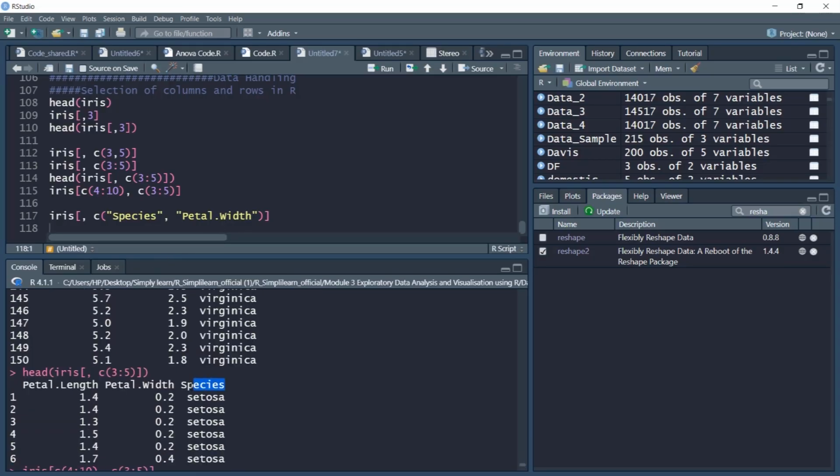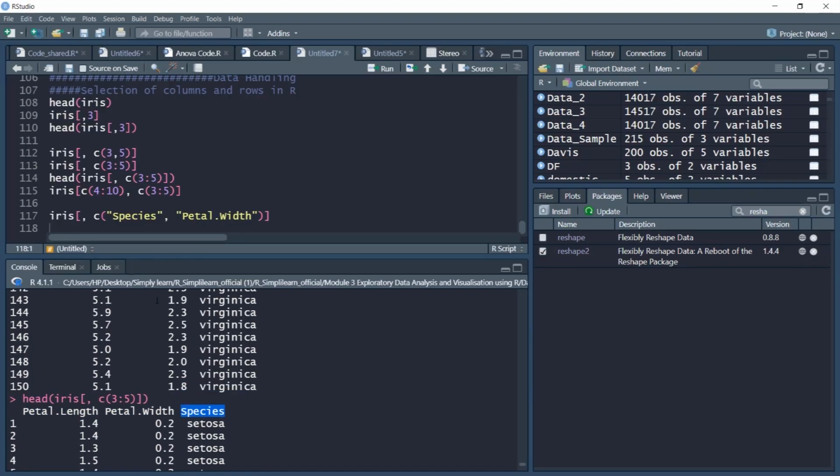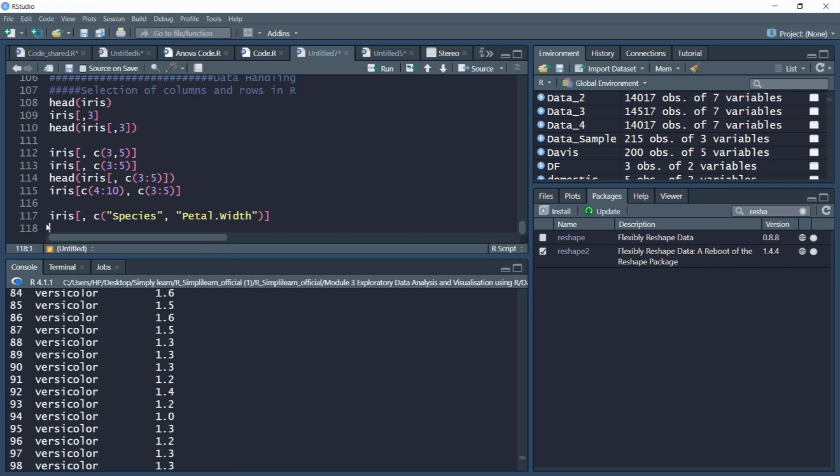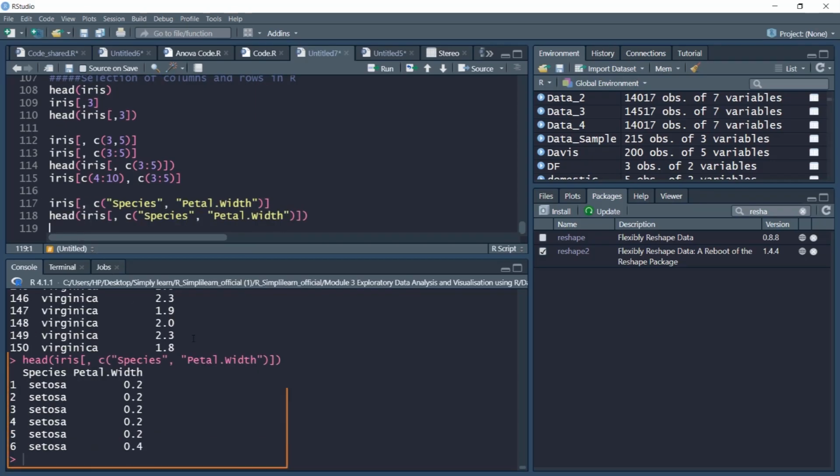So for example, you have species. I need to remember the name exactly. So I need to use species and petal dot width, exactly the same name. I need to remember with exact spelling and then I can extract these two. Better would be to use head so that we can see the initial elements. So I can extract that.